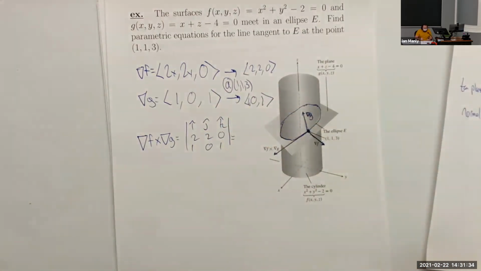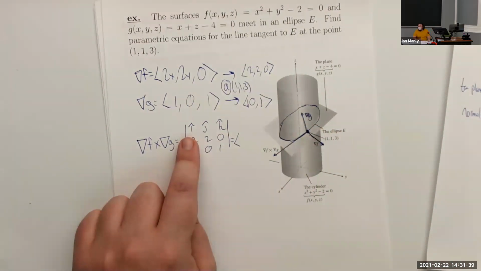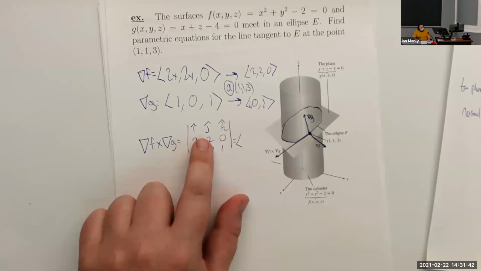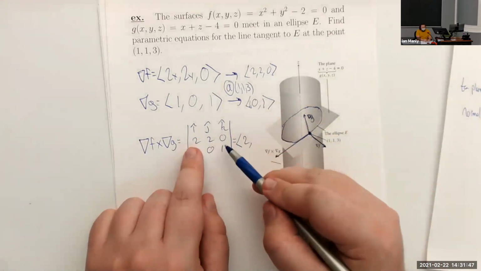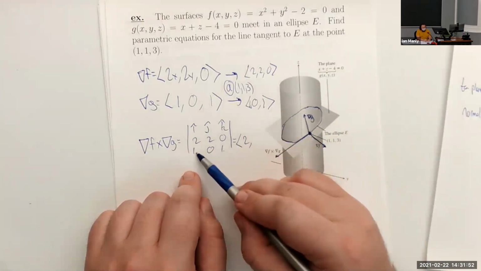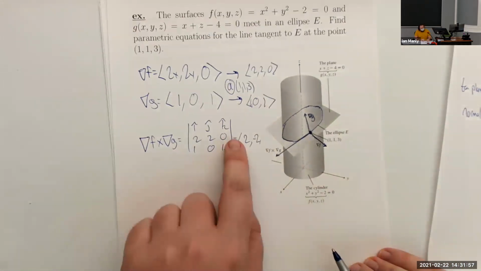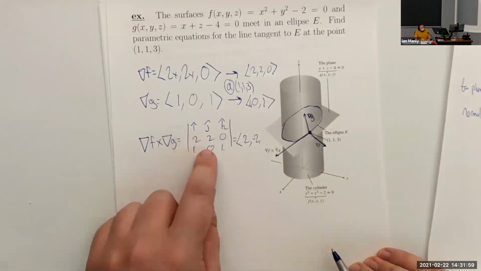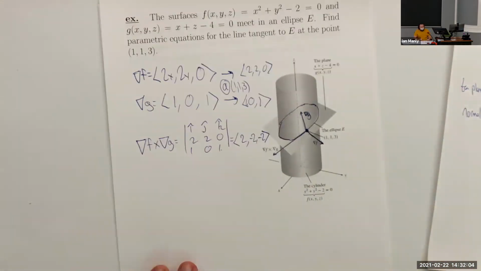All right, so we need to dust off the old cross product skills and see what this is going to be. So for our I component right here, we have 2 times 1 minus 0 times 0 is 2. Then for J, we have 2 times 1 minus 0 times 1, so we get 2, but our friend J likes to be negative, so we put a negative there. And then finally, we have K, which would be 2 times 0 minus 2 times 1 will be negative 2. Now remember, this cross product is going to be our